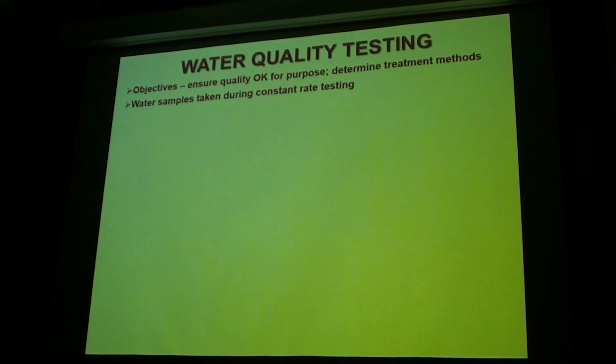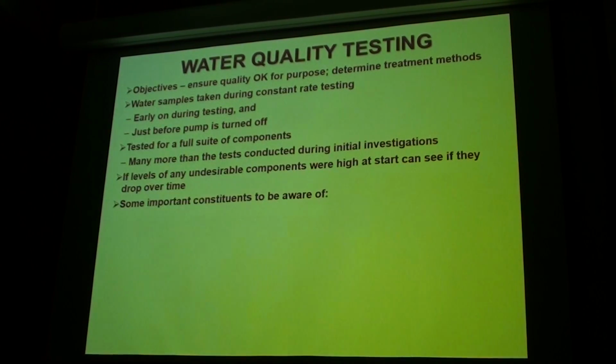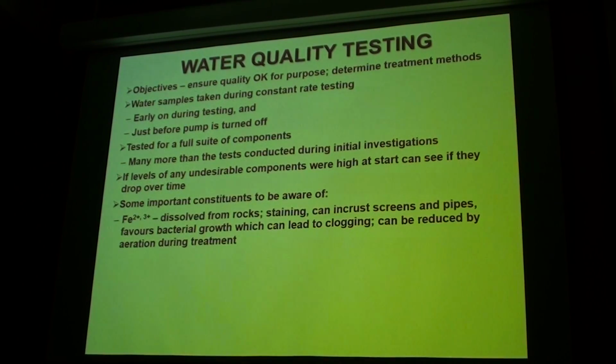Now we want to really test it. There's a whole range of things, because of course the New Zealand health standards for drinking water are quite stringent, and you can't feed water to the public that doesn't conform to those standards. Well, in most cases, I suppose. And so you take your test and you say, test it for a full suite of compounds, lots of things. You test for dangerous inorganics, organics, all sorts of things, a whole range of stuff, 100 things possibly. But the more important ones you need to be aware of and what they do are things like iron,